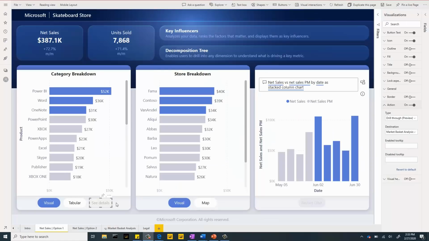So now that you've seen the consumption experience, let's dive into the details of the setup experience. It's actually quite easy. Once you have the button selected, you'll need to go to the Action tab of the formatting pane, and you'll need to make sure that drill through preview is selected as the action type. Once it's selected, you'll see options for destination, enabled tooltip, and disabled tooltip. For the destination, you'll need to select one of the drill through pages within your report. As a prereq, you'll need to make sure that you've created a valid drill through page, else this button will not be useful. Market basket is a valid drill through page that can be drilled through on the